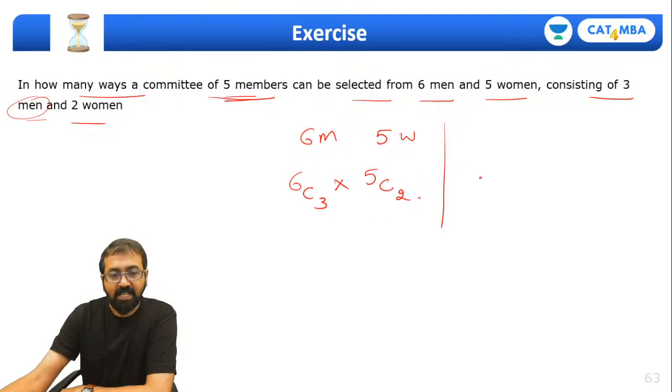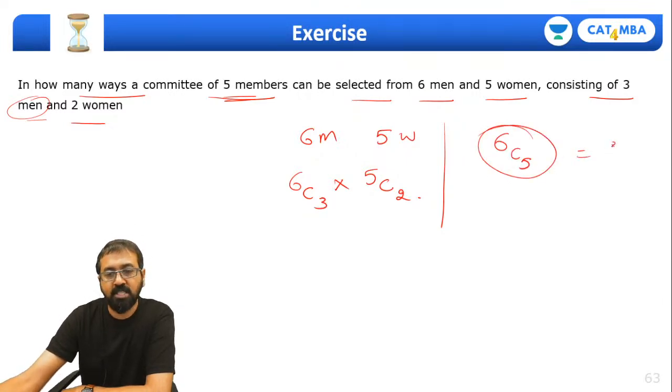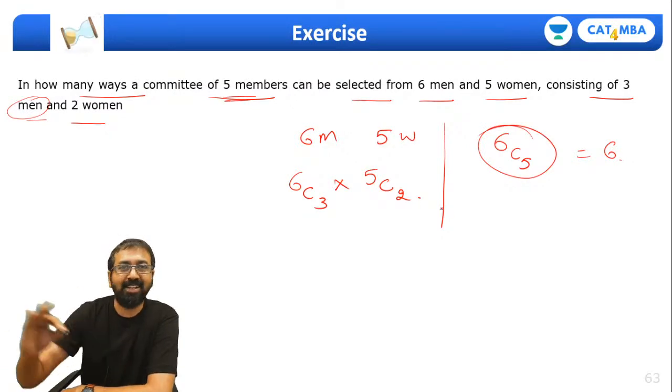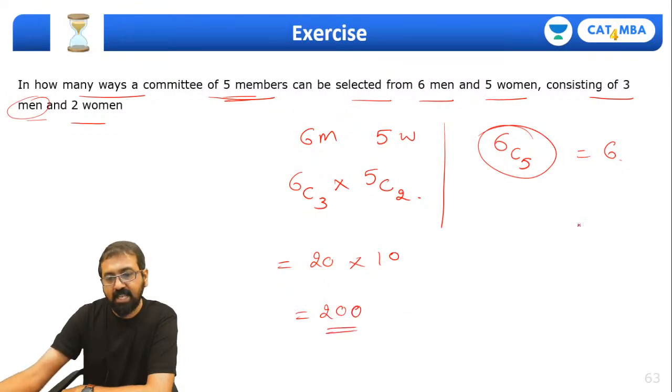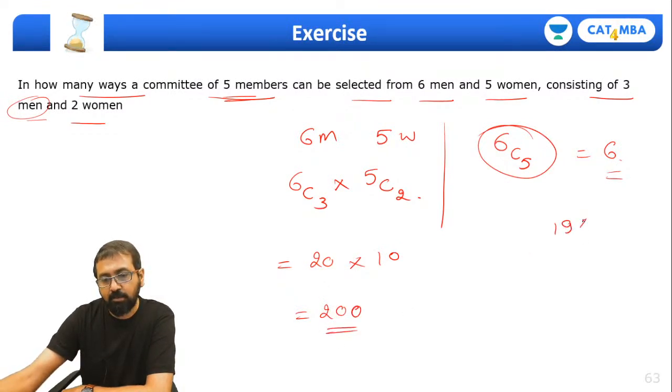So guys, in that case, what I'll do is I'll find out the number of ways of forming a committee which doesn't have any women. So I am making a committee of 5 members, all consisting of men. Of course, there is 6C5, which is 6 such committees, which I didn't want. So whatever ways I got over here, what is 6C3? It's 20. What is 5C2? It's 10. So it came out to be 200. From this 200, I'll subtract the 6 and the answer would have been 194,